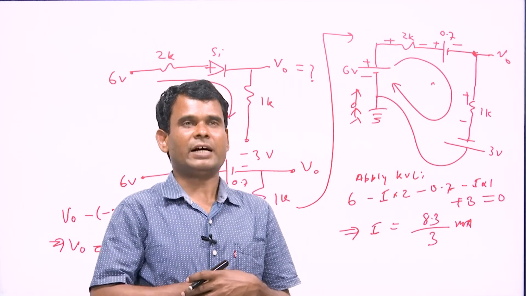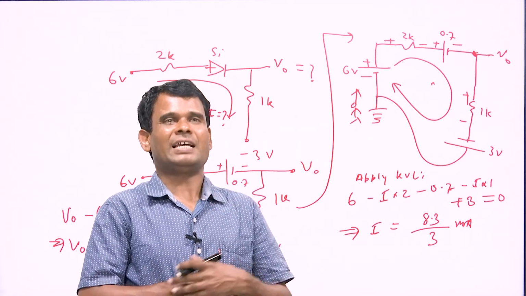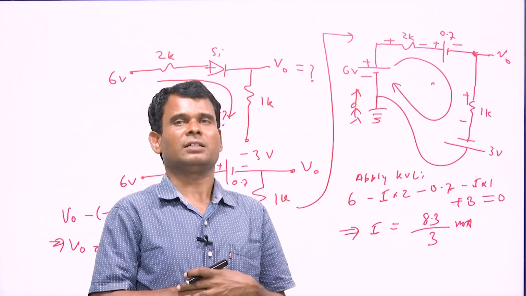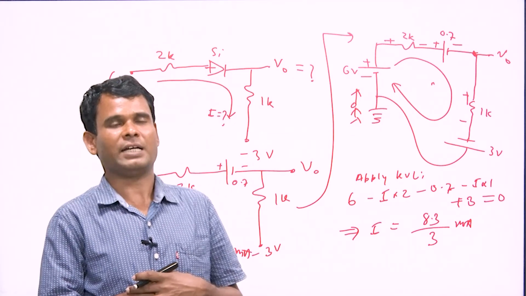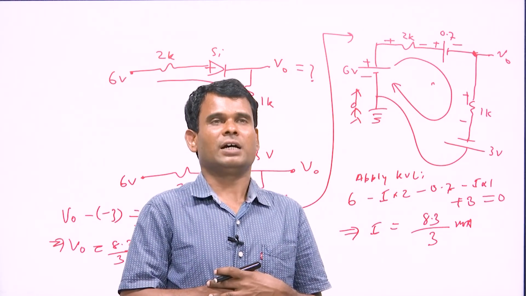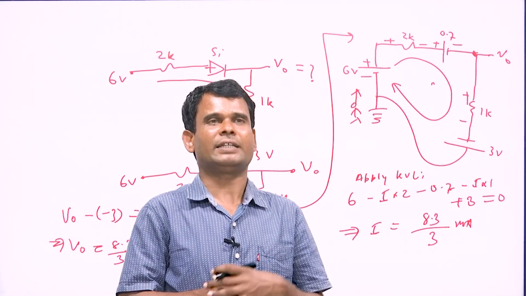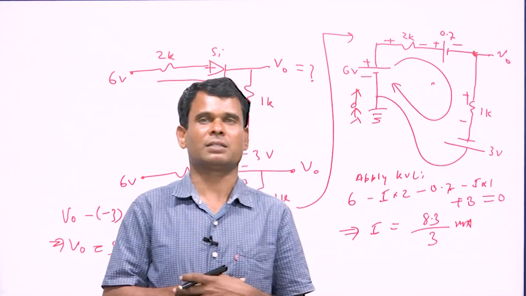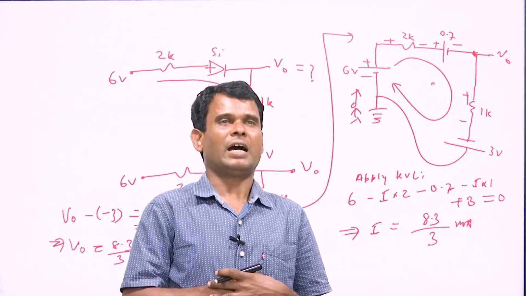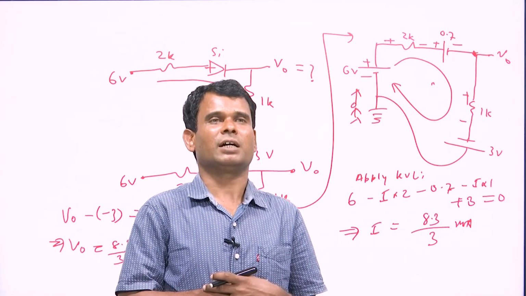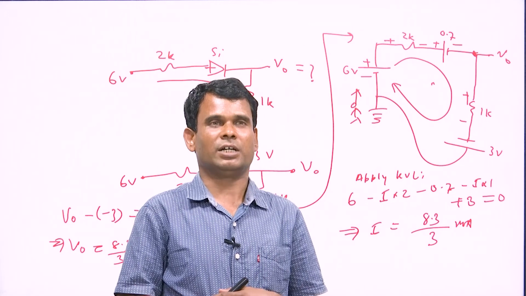Okay, guys. In the next lecture we will discuss some more analysis and more applications of the p-n junction diode. In the coming lectures, those lectures will be very useful to you guys. Application of diode as a rectifier, clipper, clamper, voltage multiplier. Then after that we will discuss special purpose diodes, that is varactor diode, Zener diode, tunnel diode, and application of Zener diode as a voltage regulator. In the voltage regulator circuit we will discuss the breakdown mechanism of Zener diode.